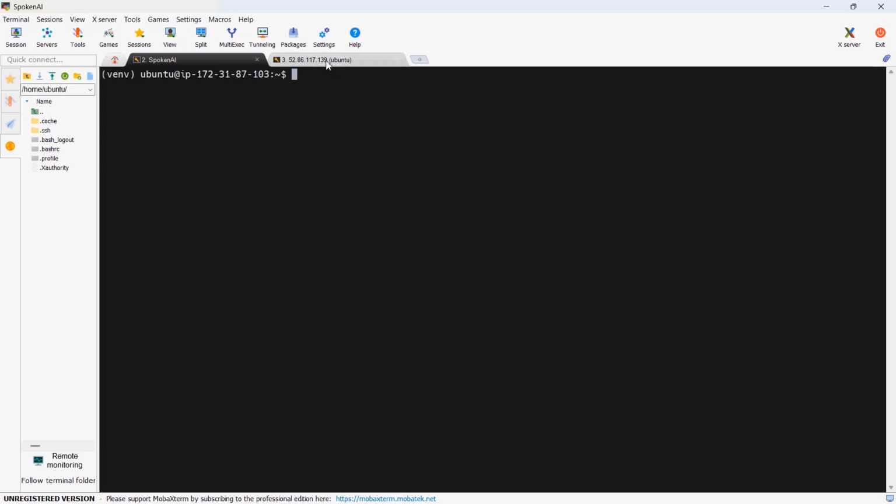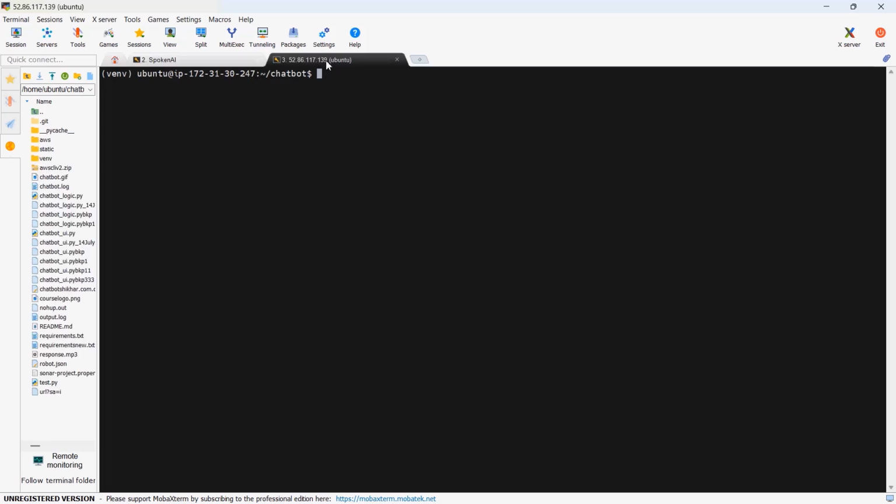Here you can see I have already created one system in which the chatbot is running, and I have installed all the Python dependencies one by one. Now in this system, I'm going to fire a command which will collect all the Python dependencies. And the command is very simple: pip freeze